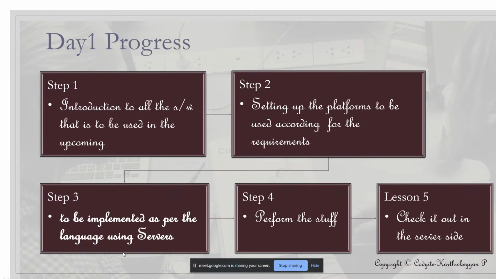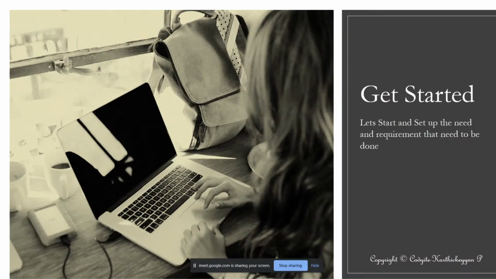If you are using PHP, you have to use a XAMPP or WAMP server, which provides a server; if you are using Java, you have to use an Apache server; and if you are using Python, you will probably use a Django server. We'll use those here, and at last we'll check our server side too. Without further delay, let's get started.